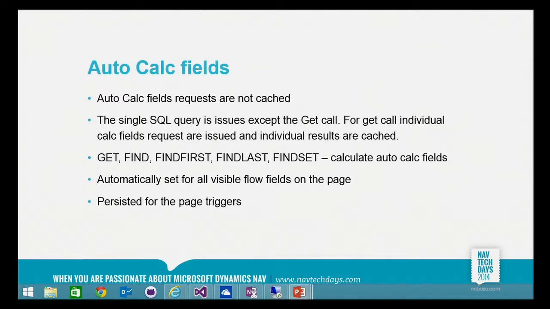Here I want to as well mention the autocalc fields, and the reason for that is because they are actually used a lot because they are set automatically by the client, and whenever the autocalc field is set on the record's result set, it calculates all the selected autocalc fields, and it calculates them in a single SQL query, but that result set is not cached,